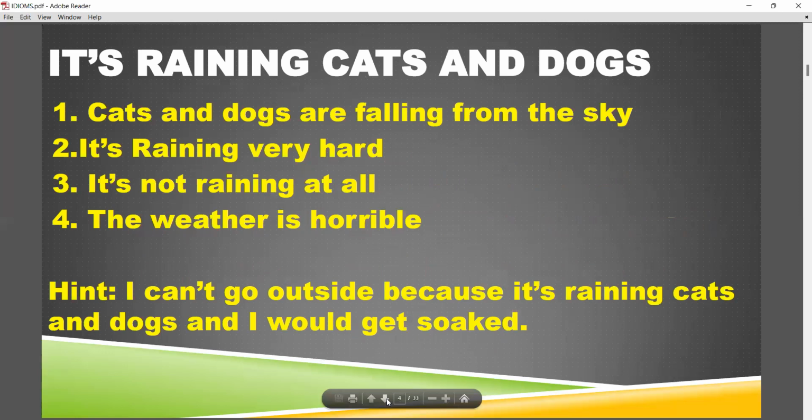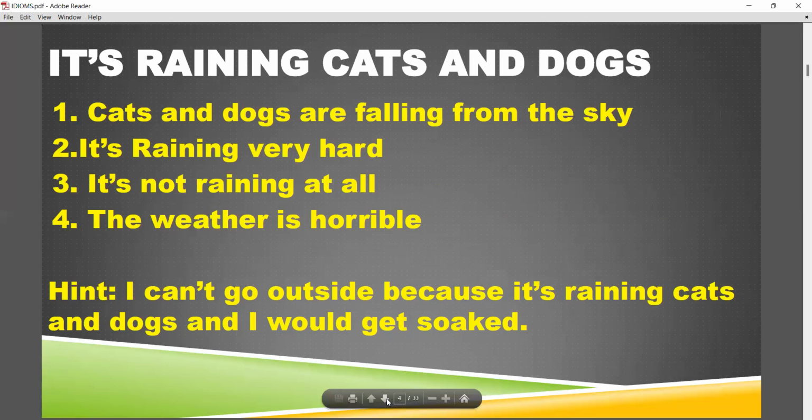So, it's raining cats and dogs. It's an easy one, not a very difficult one. When I say an idiom is not taken in a literal sense, and I say it's raining cats and dogs, if I take it word by word or line by line, that means as if cats and dogs are raining from the clouds. But an idiom is not taken word by word. There is some beneath meaning which is being quoted by a particular idiom.